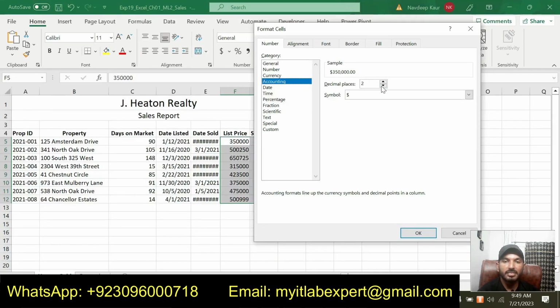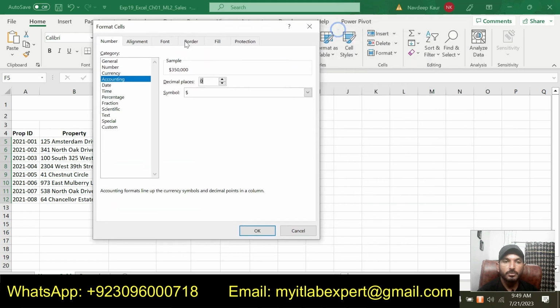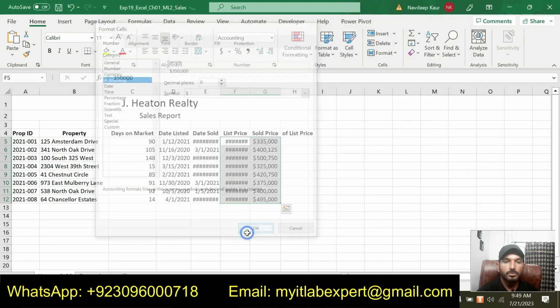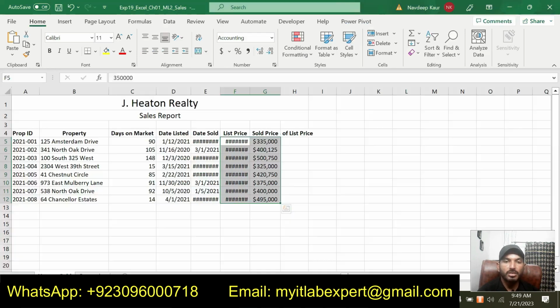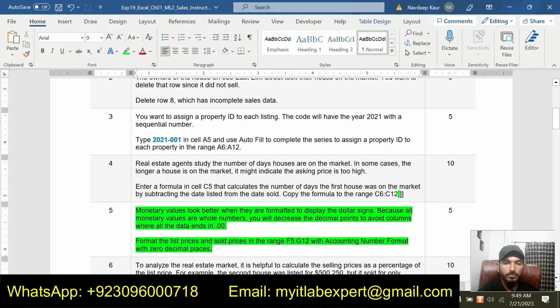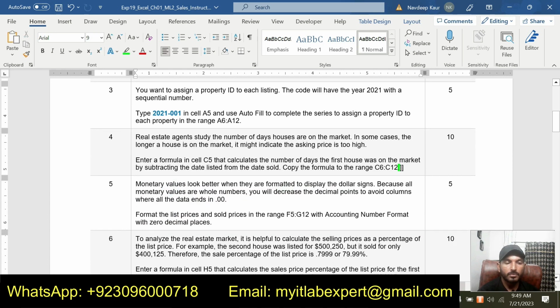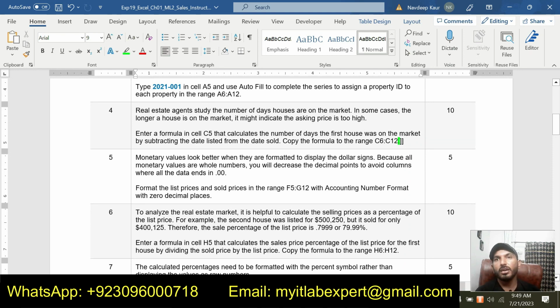So I will decrease the decimal places to 0. So I have decreased the decimal places to 0. You can see this one. And that is what is required in step number 5. So we have completed 5 steps so far.